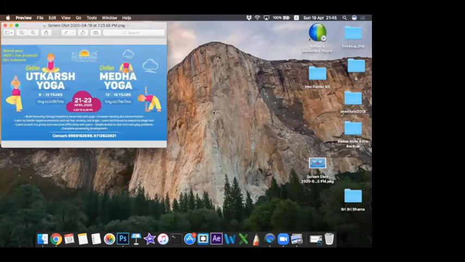It is not necessary that you have the timing in the same font size as the date. Even in this poster, you can see 21 to 23 April 2020 is written with a bigger font than 4:30 to 6:30 p.m. That is because once the person has the interest to do the program, they will find out the date, timing and contact number.